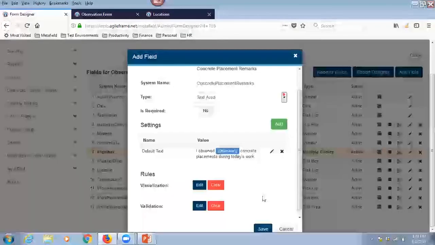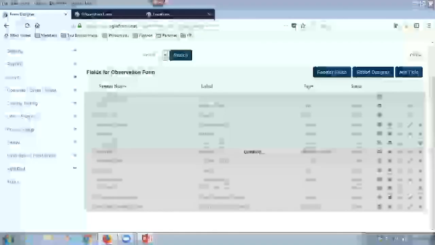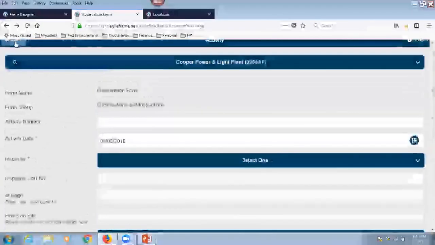All right, so there's my default text. But now what I want to do is add that visualization. And actually what I'm going to do is show you what it looks like if I don't add it. So if I hit save now and do a quick refresh,